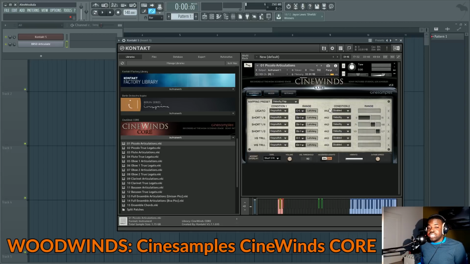and stuff like that. The cool thing about those two, CineStrings and CineWinds, is that you can set up your articulations with key switches and with both key switches and other conditions. So in the case of, for example, this patch of piccolos in CineWinds,